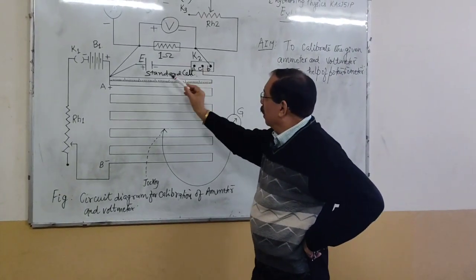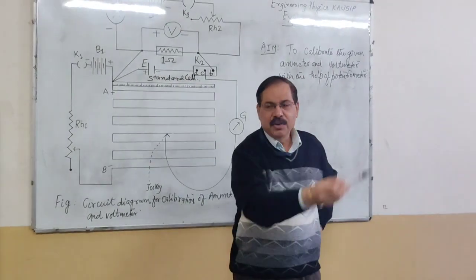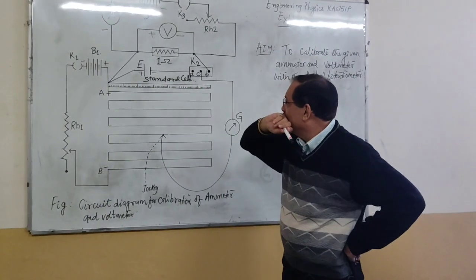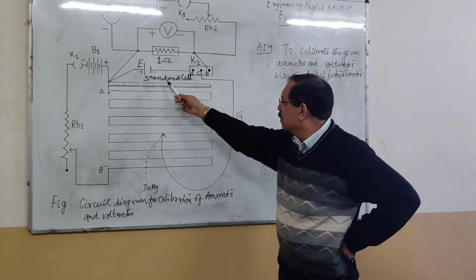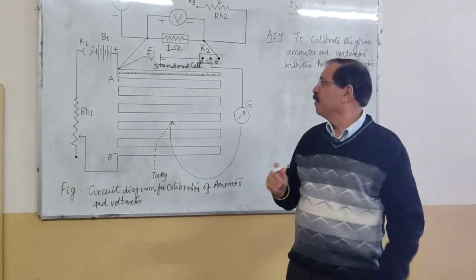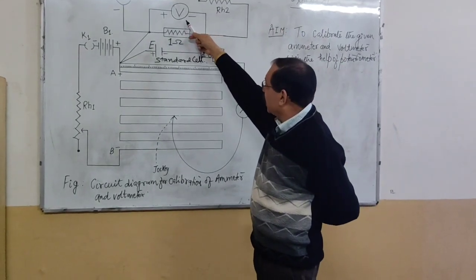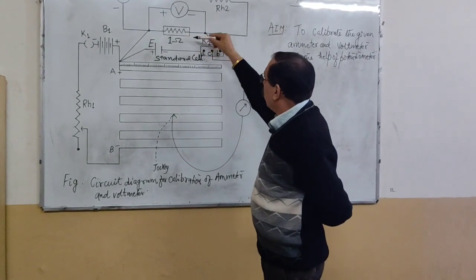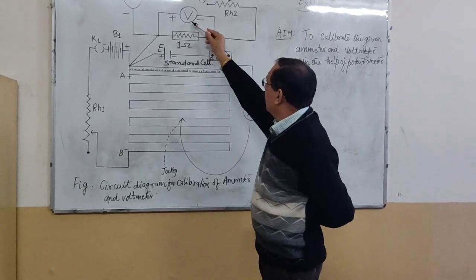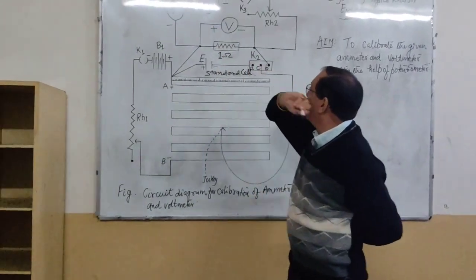And we use a standard cell, and I will give you demo. We use the cadmium cell, and we say this is a standard cell because in this cell the steady current flows, and there is a voltmeter in the circuit, and a 1 ohm resistance, this is the standard 1 ohm resistance, is connected across this voltmeter, and this resistance is connected in series with the ammeter.